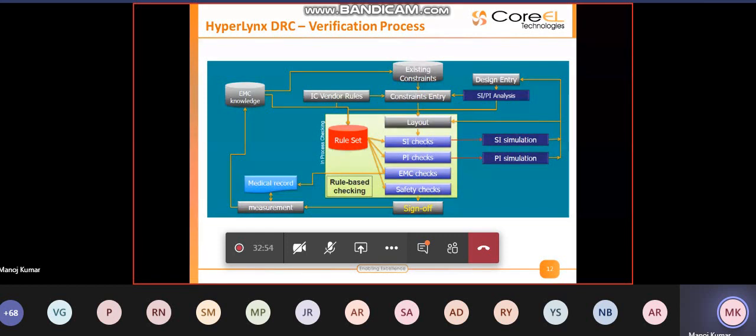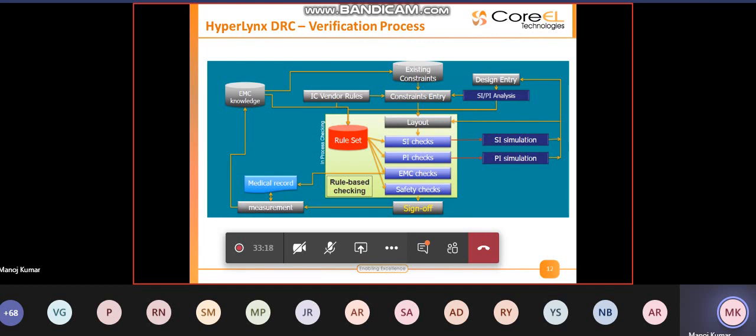Apart from that, it can also take care of challenges like creepage, which exist in high voltage PCBs. So this is not an analysis tool. It is a verification tool which will pinpoint the geometries which can cause EMI, PI, and SI issues.